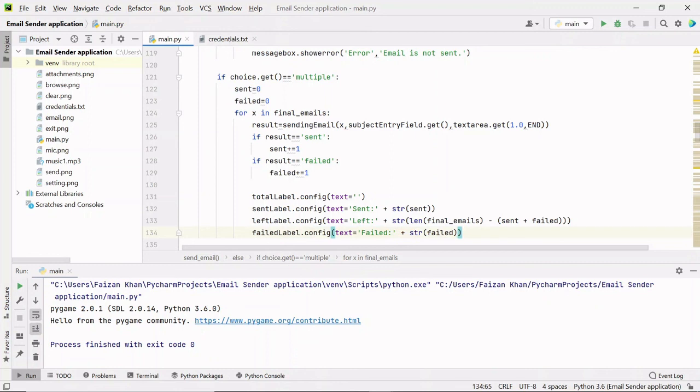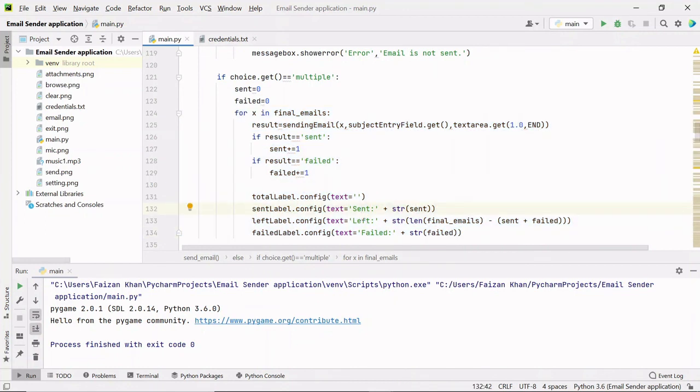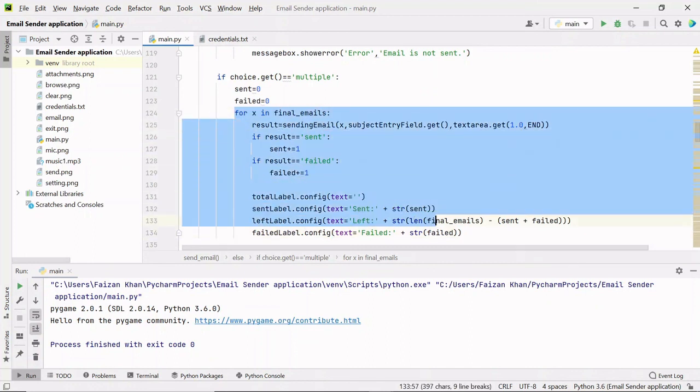So suppose there are 4 emails inside this final emails list. When the loop runs for the first time, if that email is sent successfully, you will see the text as sent 1 and left 3, and there will be no failed, right? And when the loop runs for the second time, I'm going to simply update these labels, right?